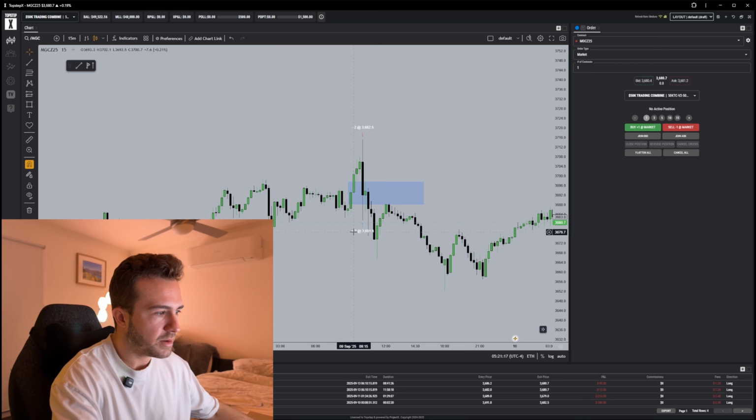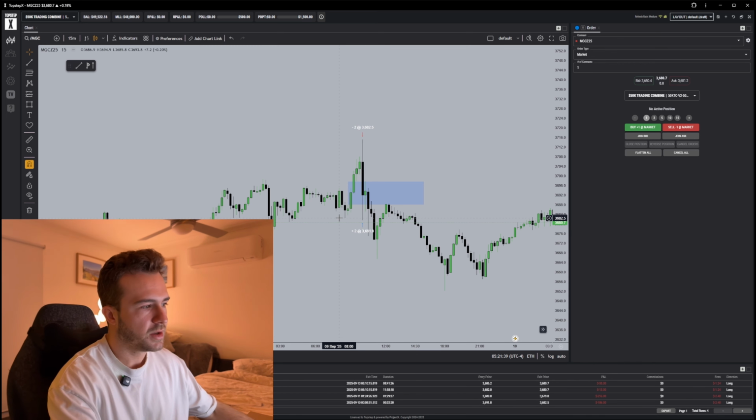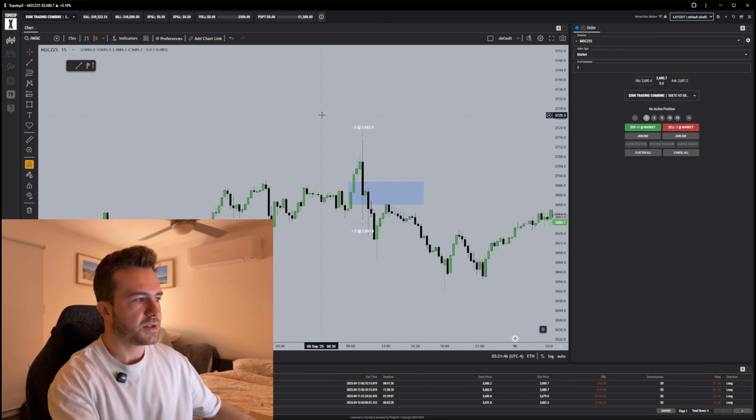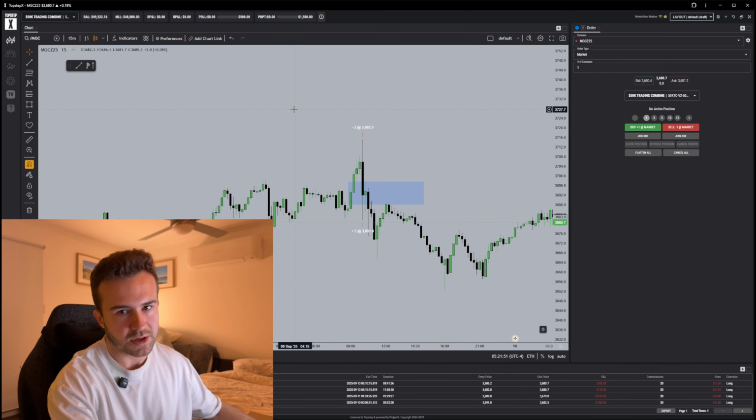You can see where I'm buying, +2 at 3691.8, right here. So you can see I'm buying inside that fair value gap, and my stop loss stopped out in the same candle at 3682.5, which if we look at this low here, 3682.5. So you can see I bought inside this fair value gap and I got stopped out at that swing low right there. Okay, so this trade did not work out, but this essentially is the model that I use to